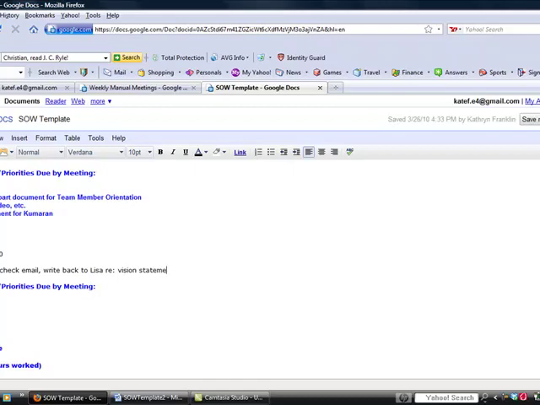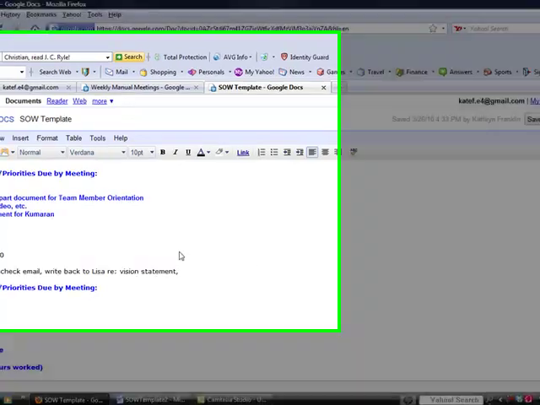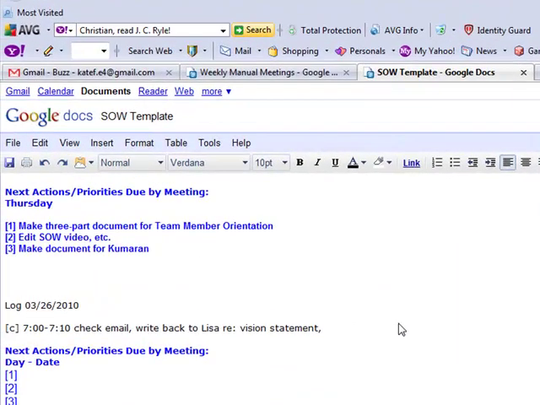I'm being very detailed. This is what you should be doing because you don't want to just say write emails, because then you can't look back at your log and say, oh, I was actually dealing with a very present problem that is one of my priorities. You can't see, and your supervisor can't see how you're using your time.